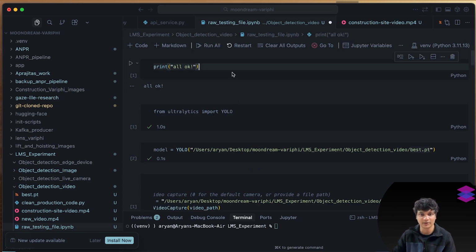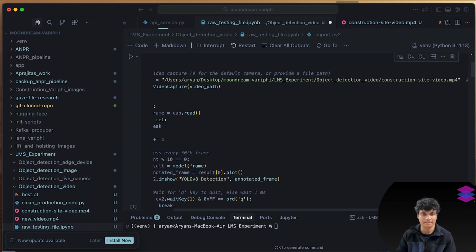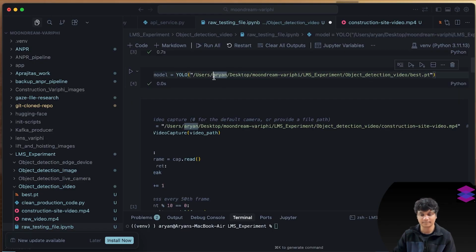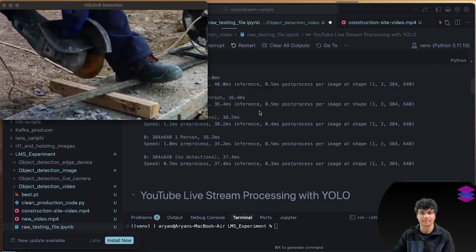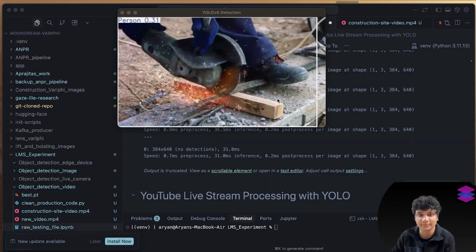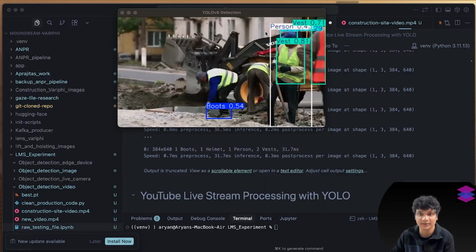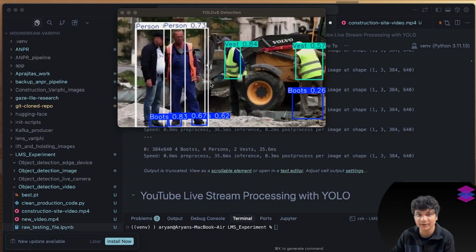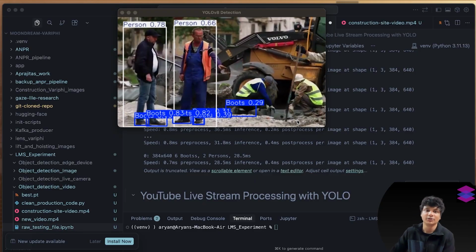One second, let me restart the kernel. Yeah, so as you can see, it is trying to detect, right? So it is detecting person, it is detecting vest, it is detecting helmet, right, and other things. So in this way you are supposed to test this model. Okay,